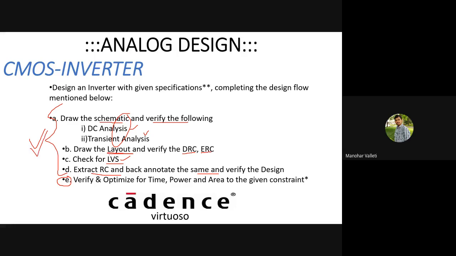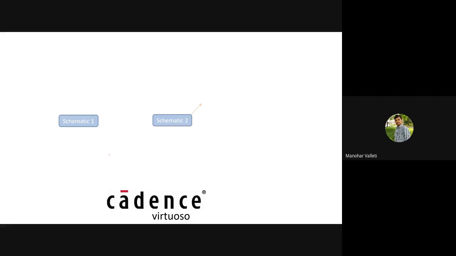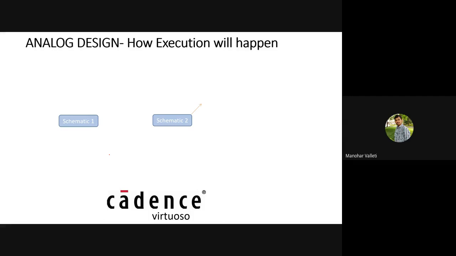So what procedure are we following in this analog design? We will see in the next slide. Remember, when you are checking any design, let us say an inverter, we need to draw two schematics, shown here. Please pay attention to this slide, especially. This slide is very important. It shows how we will do the design checking in this analog design.